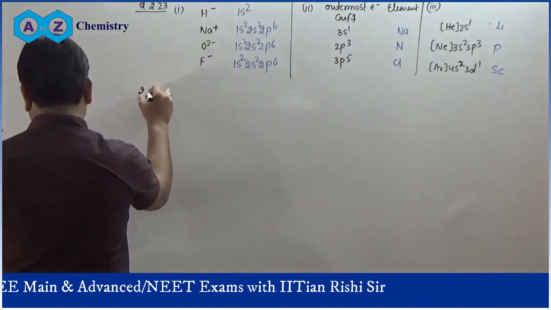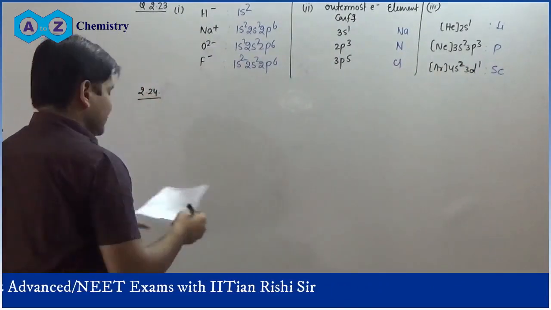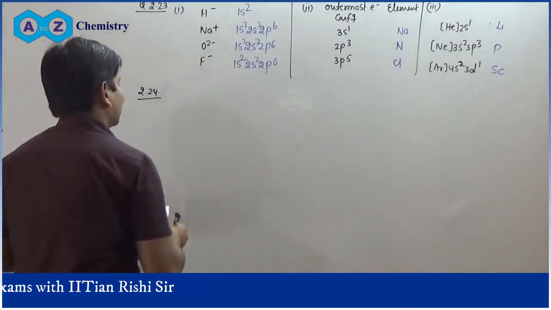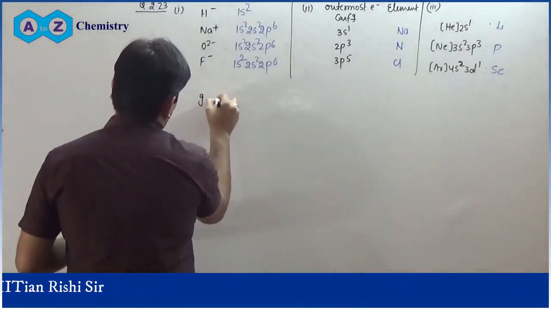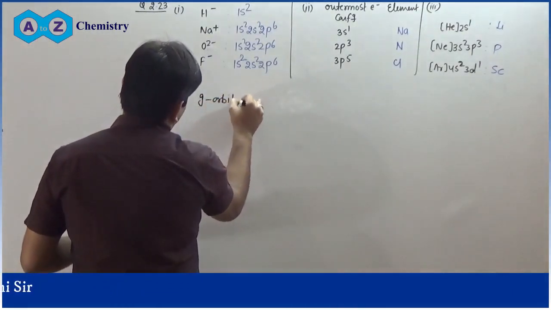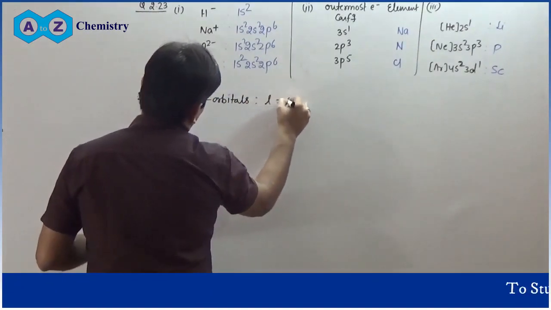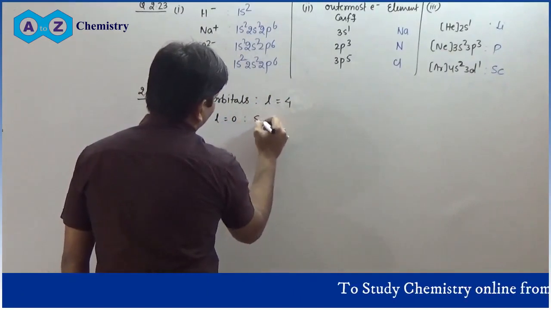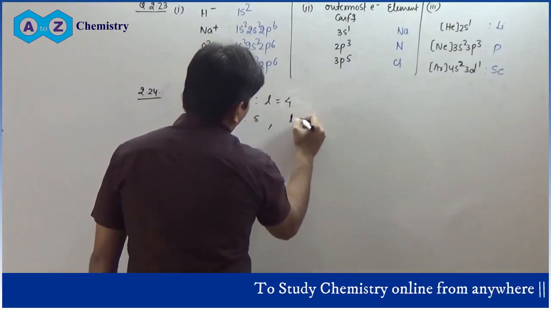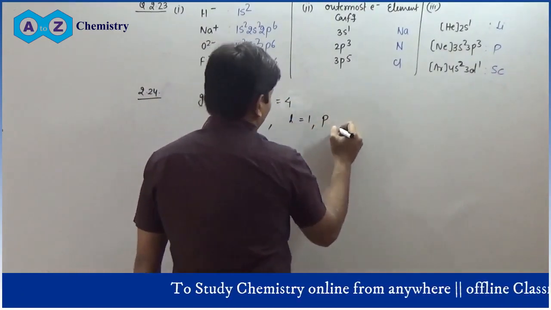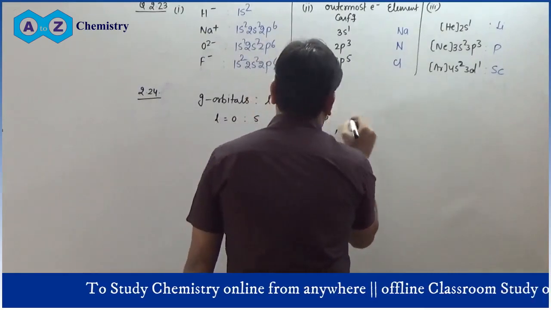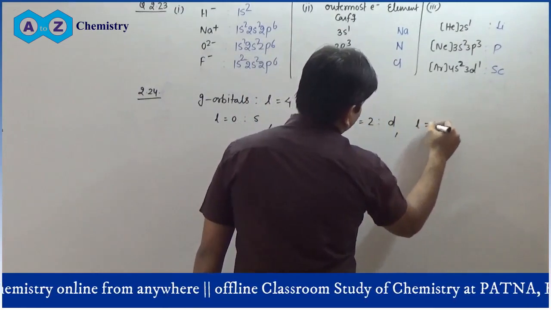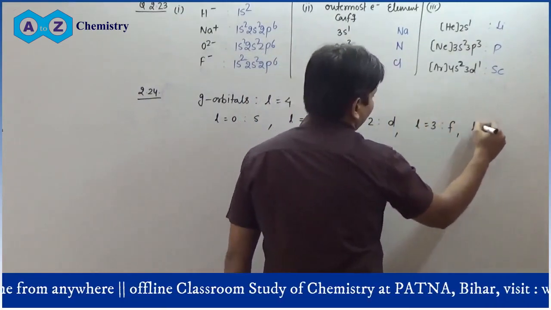2.24. What is the lowest value of n so that g orbitals can exist? G orbitals have l value of 4. As you know, l = 0 means s orbital, l = 1 means p orbital, l = 2 means d orbital, and l = 3 means f orbital,